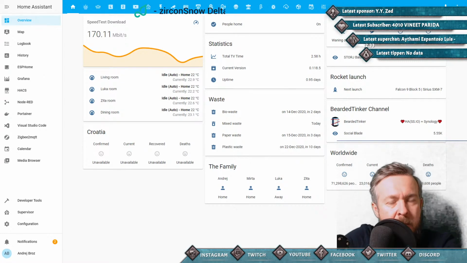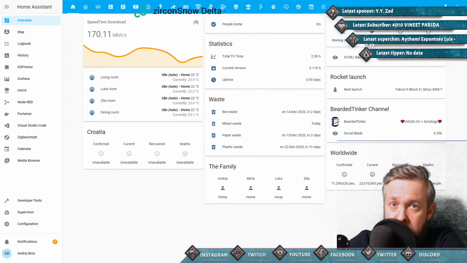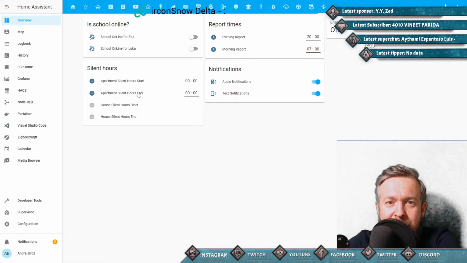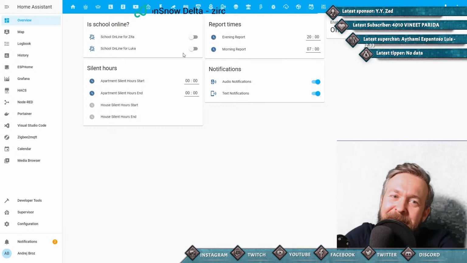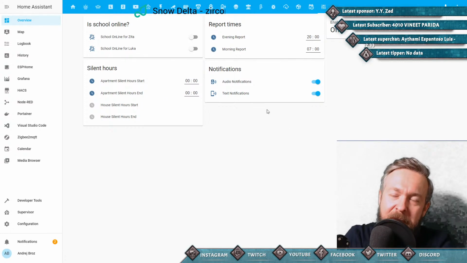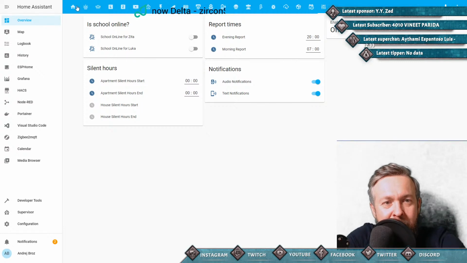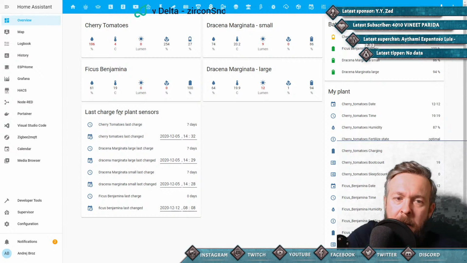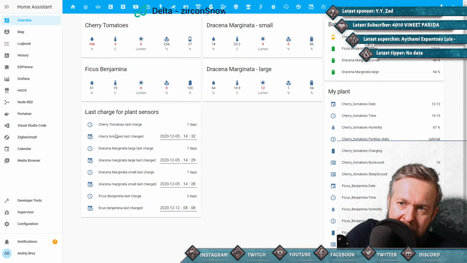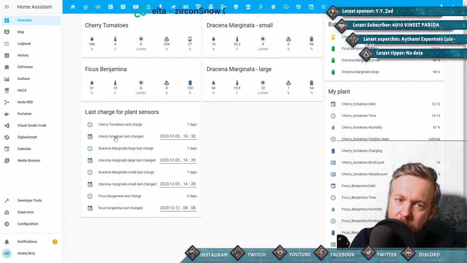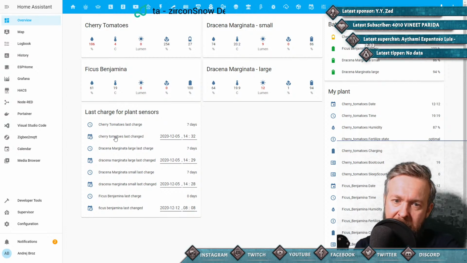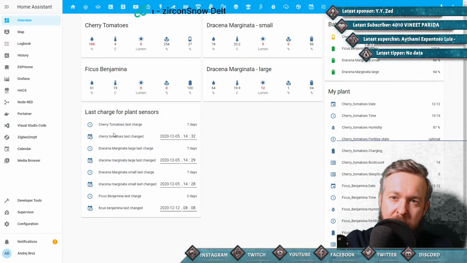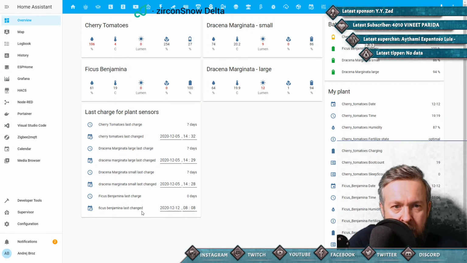Okay, so I was working on a couple of things here. By the way, I've added something that I really didn't expect. I will be having a configuration panel inside Home Assistant, because I'm still working on this, but it doesn't matter. So I was working on this, and this is the tracking of the last change for the charging, to see how many days it has been since I recharged the plant. So for example, this one is currently being charged, this one is dead,